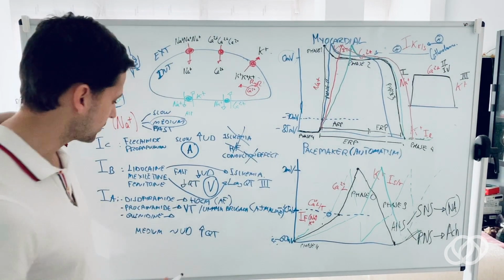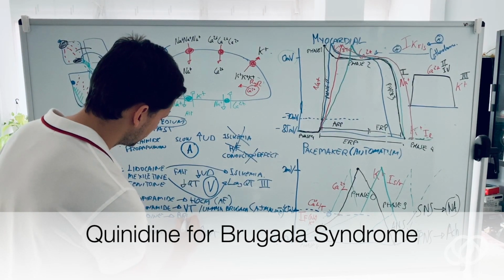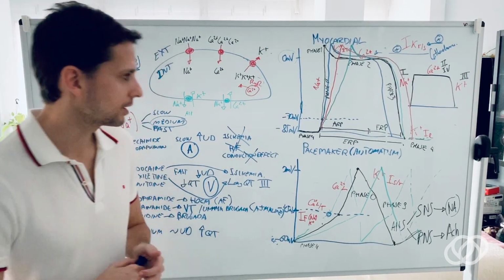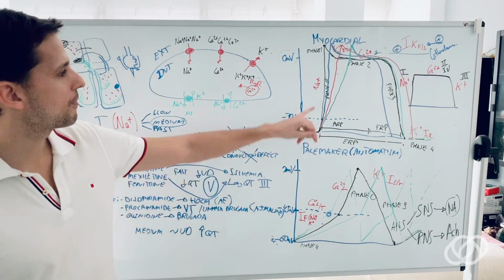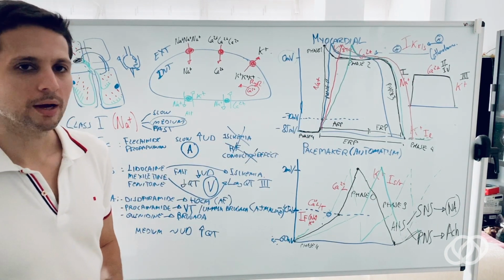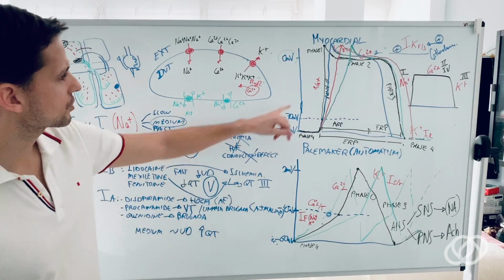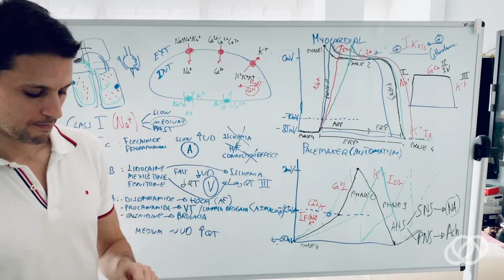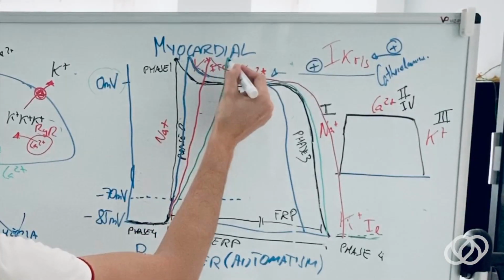We can use quinidine for the treatment of patients with Brugada syndrome. And someone might ask, why give it to a patient with Brugada? You remember these are patients that have an impaired sodium channel, and quinidine is a sodium channel blocker. Why? Well, the action of quinidine on sodium channels is very weak, but it has been shown to have an effect on blocking those